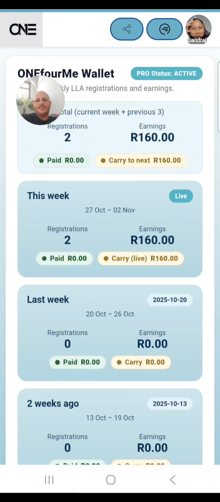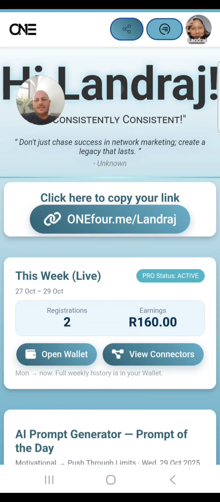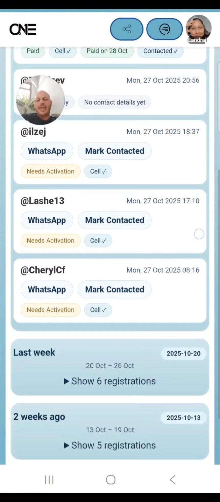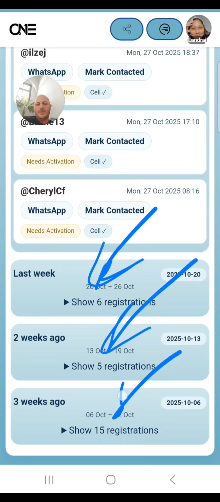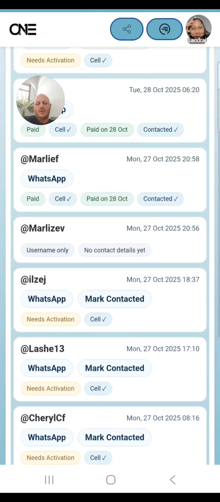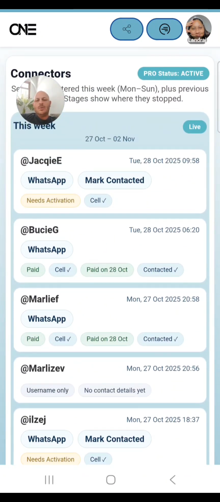Okay, let's go back. Now let's open the connectors, view connectors button. That is this one over here. If you click on view connectors, now you can see who are the people that have connected this week. And it also shows you last week, 2 weeks ago and 3 weeks ago. But for this week, from now on, we are going to focus on this week. Basically what this shows you is every single registration that happens,